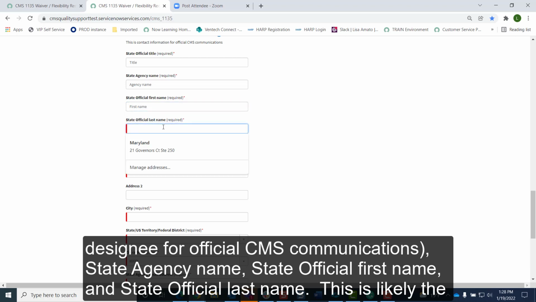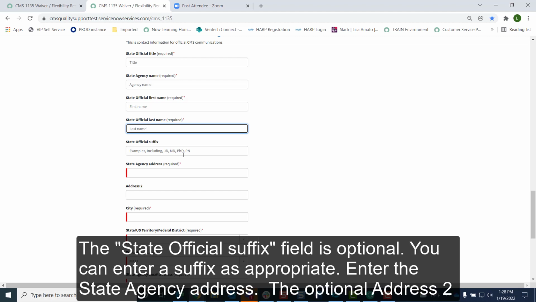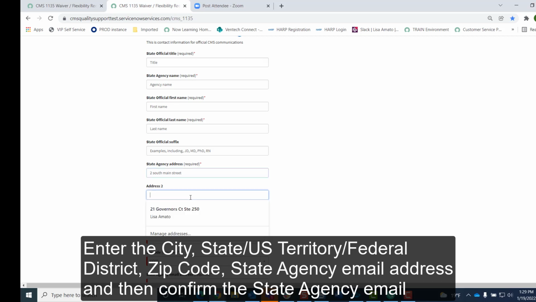In the Medicaid or CHIP State Contact Information section, complete the following fields: state official title, state agency name, state official first name, state official last name. This is likely the state Medicaid or CHIP director's contact information and will be used for official CMS communications.